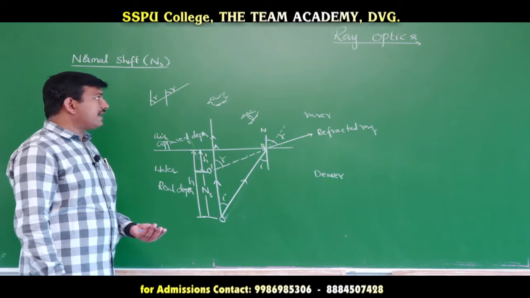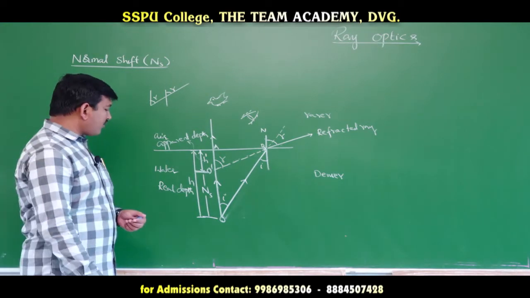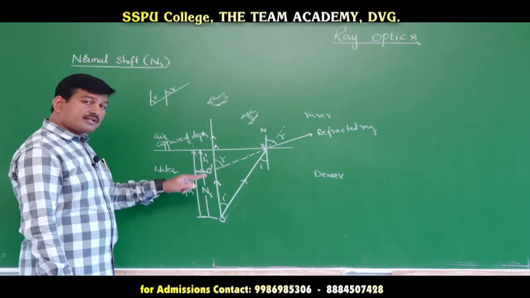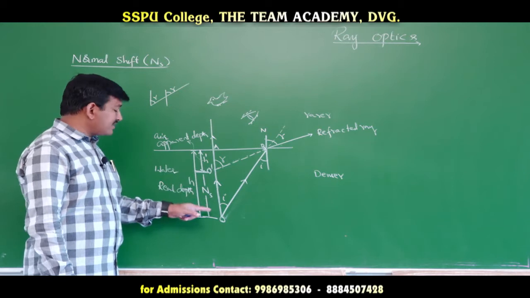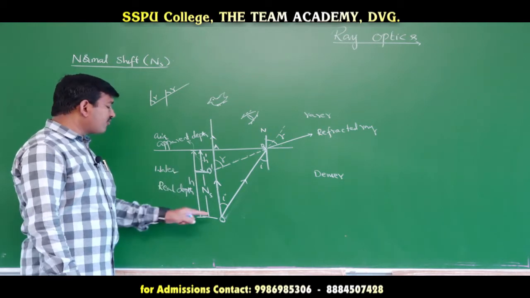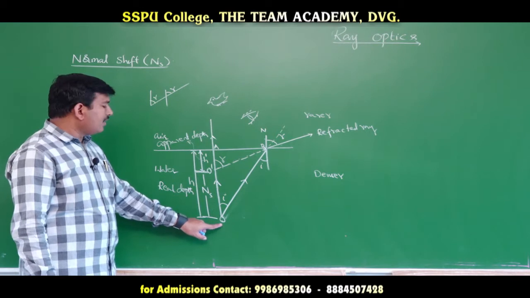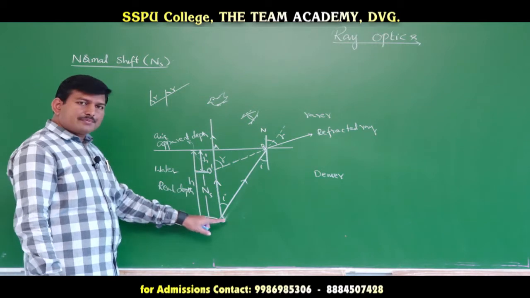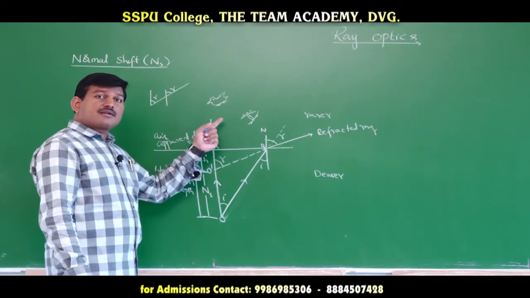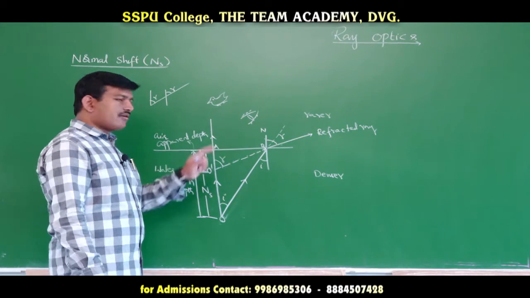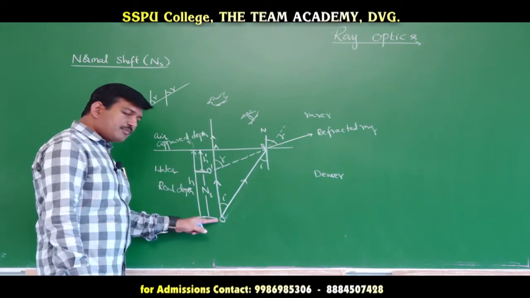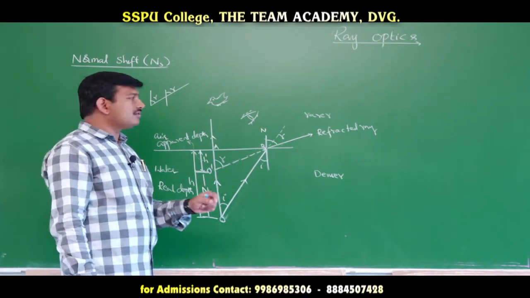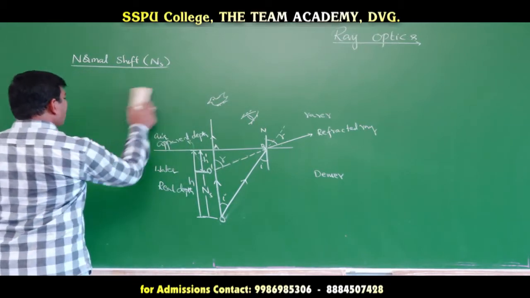Now, what is my objective here? My objective is to calculate the normal shift. What is the definition for normal shift? This is the normal shift. Is it the real shift or the apparent shift? This is not the real shift, therefore, this is the apparent shift. The apparent shift in position of whom? The apparent shift in position of the object. This object is placed in one medium, the denser medium, and we are observing from the other medium, observing normally. The apparent shift in position of an object placed in one medium and viewed normally from another medium is said to be the normal shift. I am writing the definition for normal shift first.